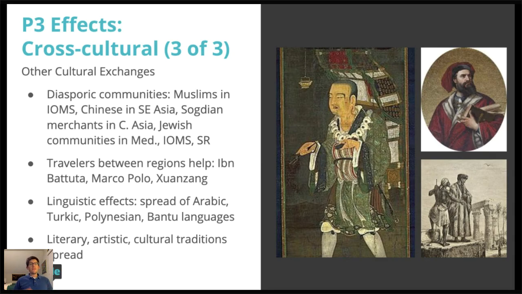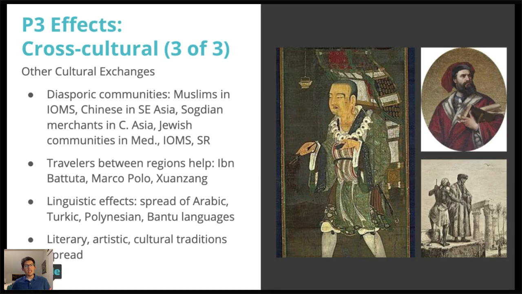All right. Last thing with cross-cultural exchange for time period 3, we do see continued exchanges, some kind of more standard cultural exchanges. We see the development of diasporic communities, Muslim merchants from the Middle East moving and staying around the Indian Ocean maritime system and spreading Islam and their culture throughout the Indian Ocean. Chinese merchants, especially when the Mongols take over in China, merchants in southern China begin to spread throughout Southeast Asia and establish communities in those regions.